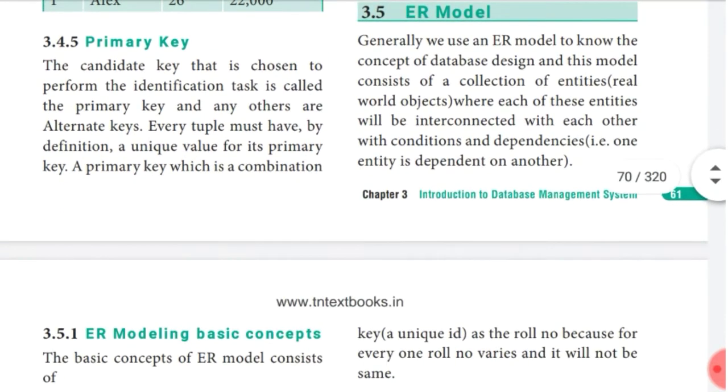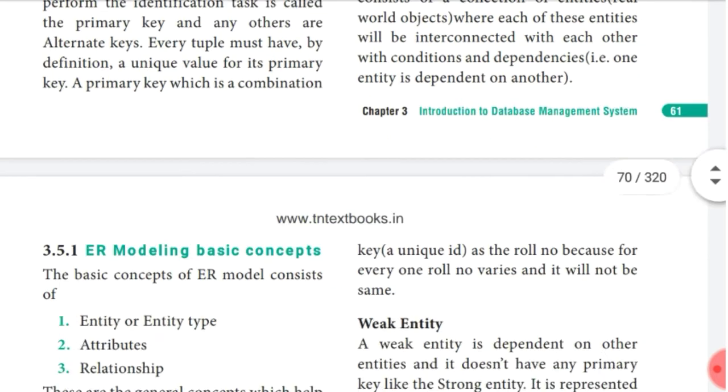Then the ER model, and how to use this ER model in a relational database. Generally we use the ER model as the concept of the database. It designs the model of a collection of entities, where each of these entities is interconnected with each other, with conditions on the dependence of one entity on another.